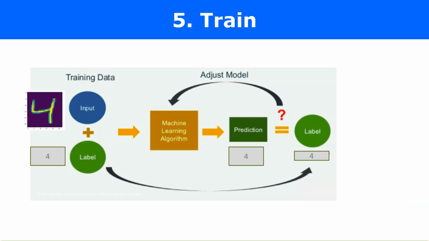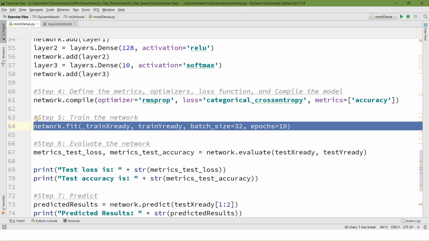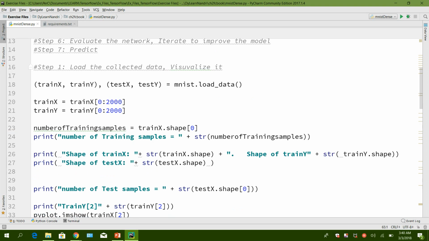Where the model can now be trained. And training is very simple in Keras. You just call a one line .fit, and that is your training function. We pass in the training data sets here, the labels and the input values, and then run that for 10 iterations. Same data set, we run it for 10 iterations, and by then the network is trained. We can now compile and test it.